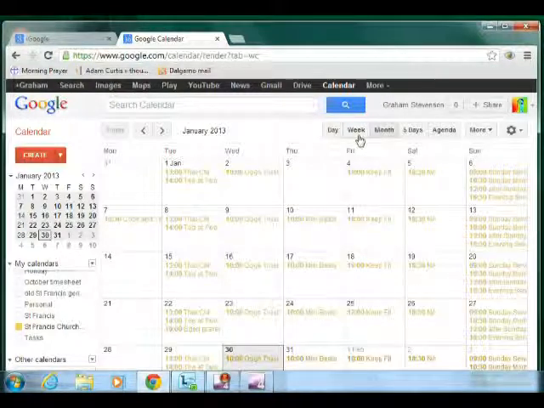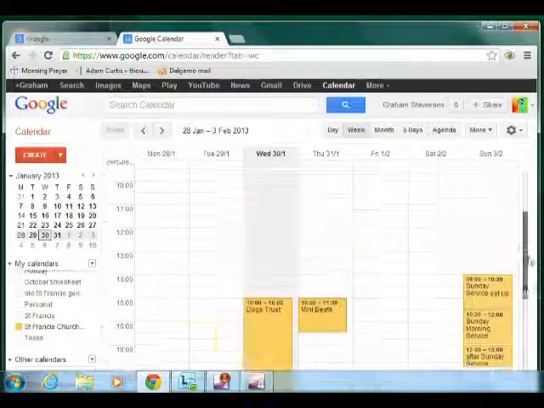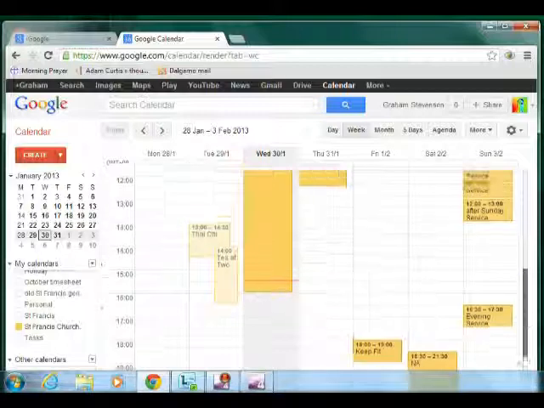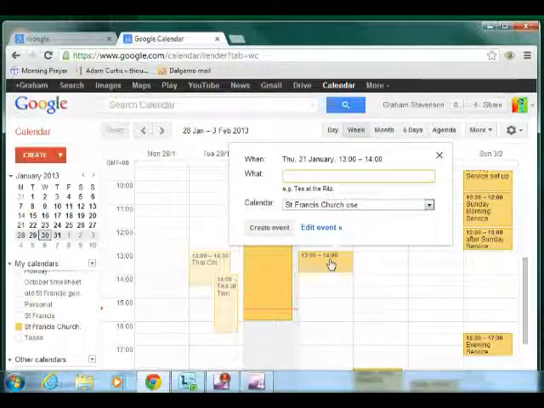So let's go to the week view, and let's have a go at inputting an event that we want to make. So let's imagine that we're going to have a regular booking from 1 p.m. till 4 p.m. on Thursdays starting tomorrow. So to do that, we need to click where we want to begin the booking. So if I click here, and let's call this Graham's booking,